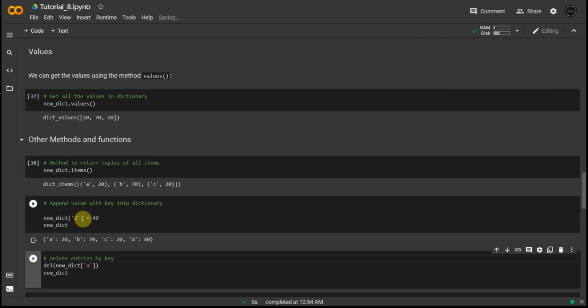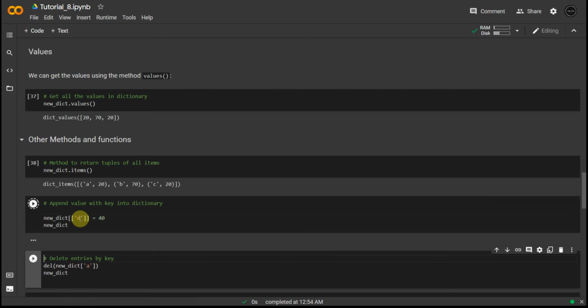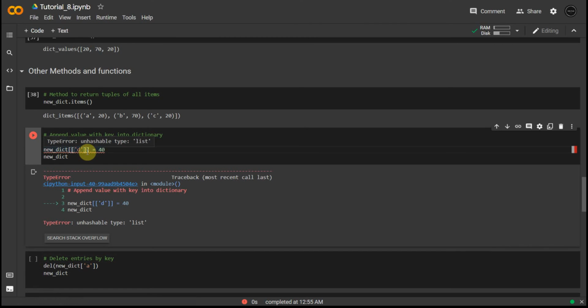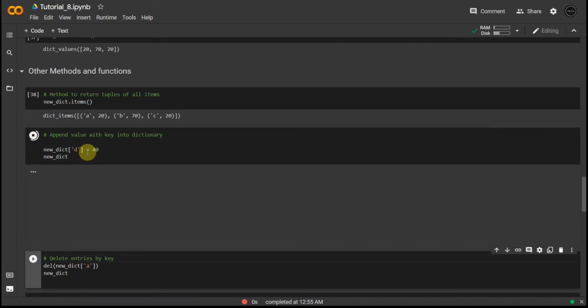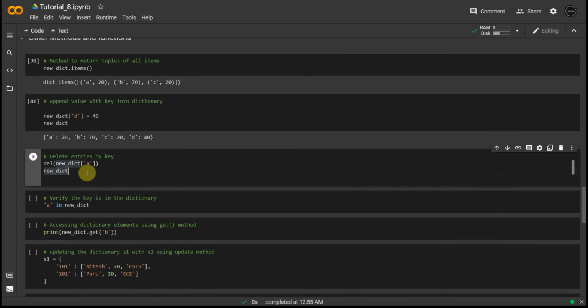Or for example, if I try to do this, right, that's something that's not possible. We are not allowed to add list inside a key. So we have to keep in mind that these protocols have to be followed while appending something, else it will just return us errors, right? You have to make sure that does not happen.